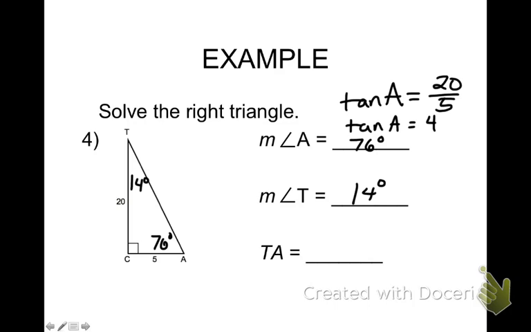All right, last thing. Now we got to find the length of TA. So let's put an X there. Which degree do you like better, 14 or 76? 76. Let's go small numbers. So if I make T my reference angle, it's not incorrect if you did it the other way. Which number do you like better between 20 and 5? 5, and I get rid of that 20. 5, opposite, adjacent, hypotenuse, opposite of the 14. X would be the